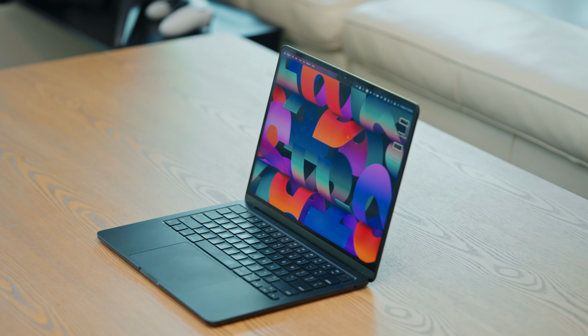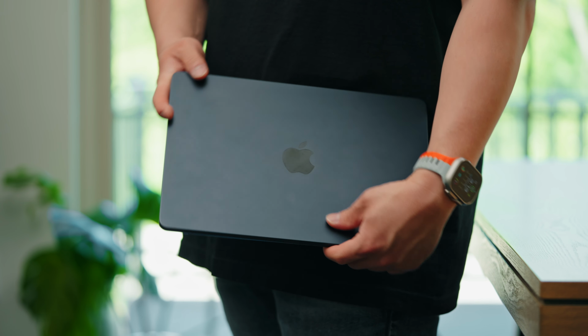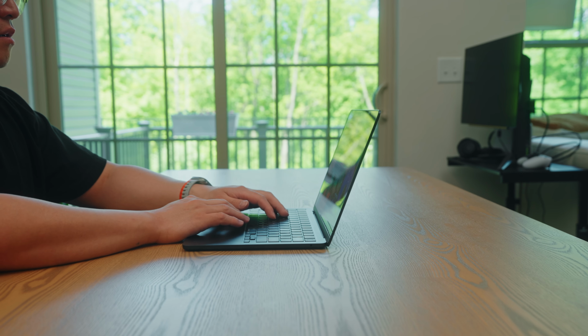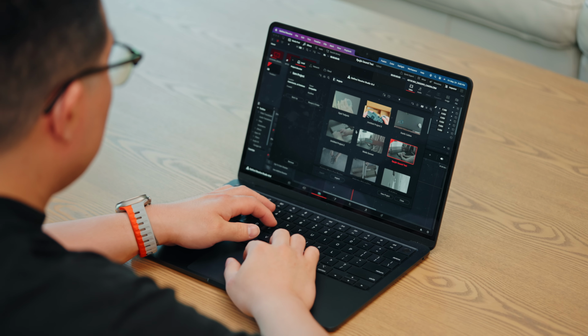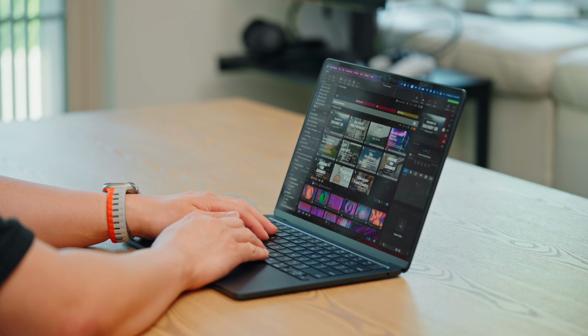I actually traded my personal MacBook Pro 14-inch for this because I wanted something lighter and more portable, yet still had great performance. And for me, having that trade-off for a lighter laptop with slightly less performance was a good decision. Editing 4K footage in DaVinci Resolve is no problem at all. This laptop's mostly used for day-to-day things that me and my wife share, and we use it for web browsing, Zoom calls, paying bills, and we actually use this to prep all of our ProPresenter files for church,